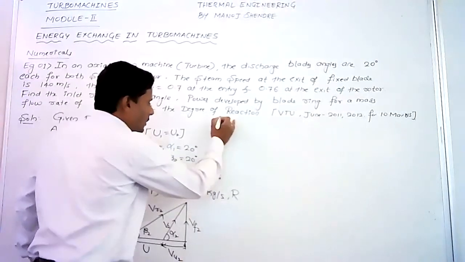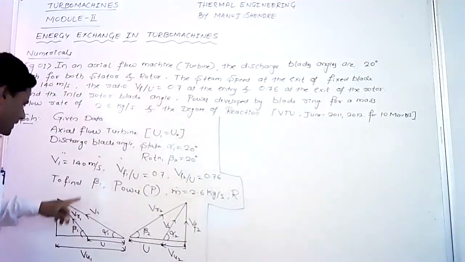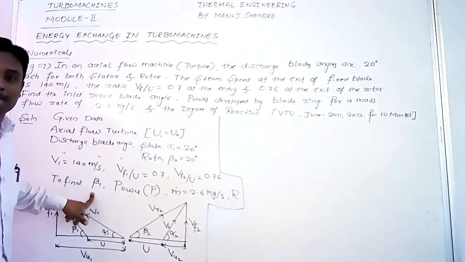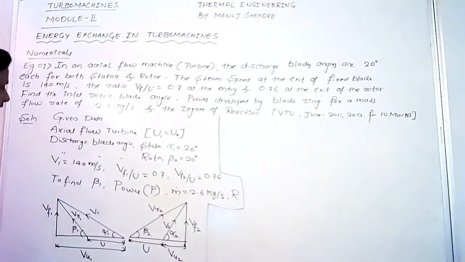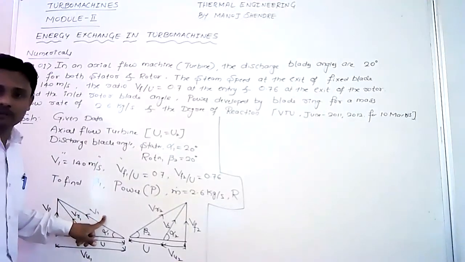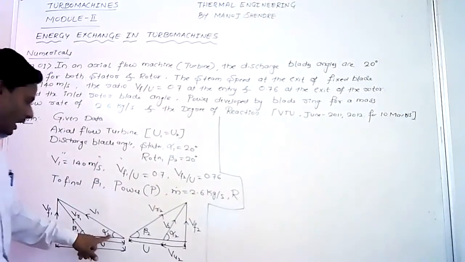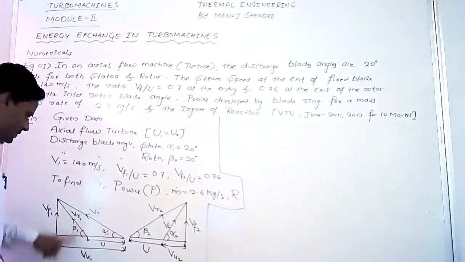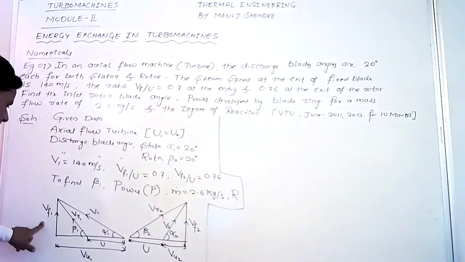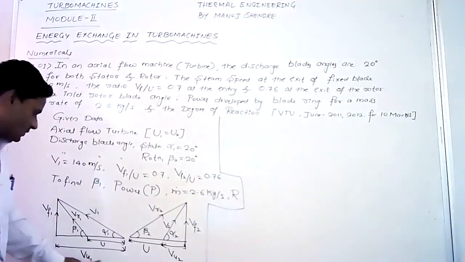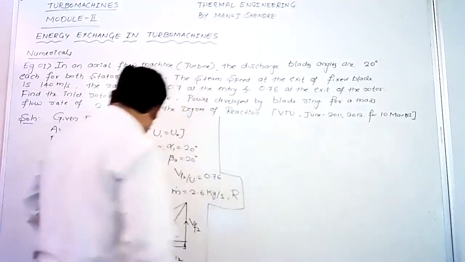Now here we have to solve this problem systematically. In the first bit, he is asking us to calculate the value of beta 1. So beta 1 is to be calculated. Now, what things do we know? We know the value of V1, and we even know the value of alpha 1. If you know these two values, V1 and alpha 1, we can get the value of VF1 as well as VU1.